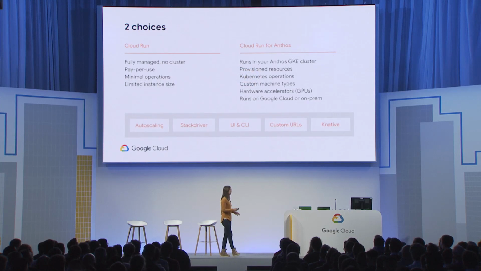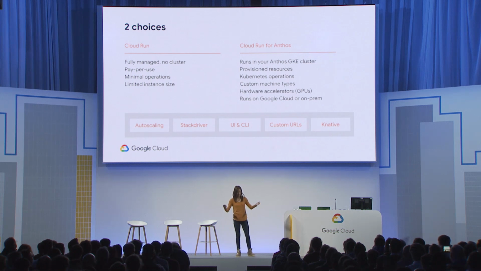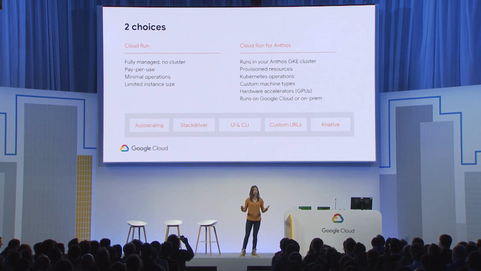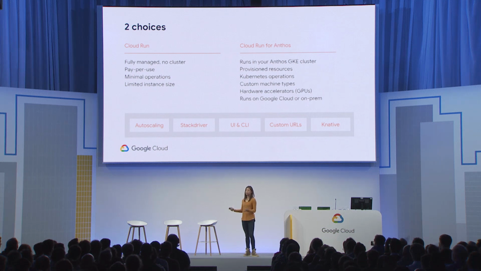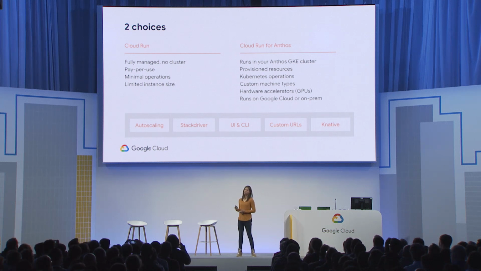So Cloud Run comes in two flavors: fully managed Cloud Run and Cloud Run for Anthos. Fully managed Cloud Run is fully managed with no cluster as a backend. So you have things like usage-based pricing, auto-scaling, and no infrastructure management. You simply package your code into a container image, upload it to the container registry, and then deploy the container